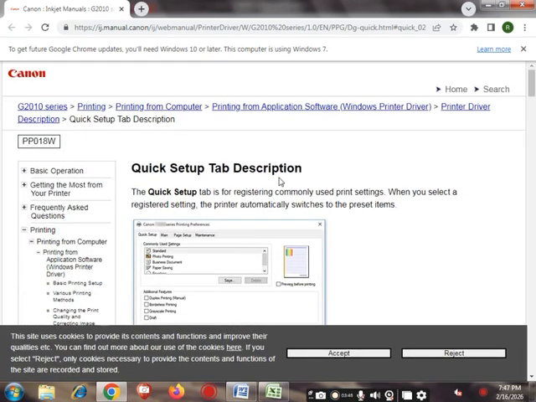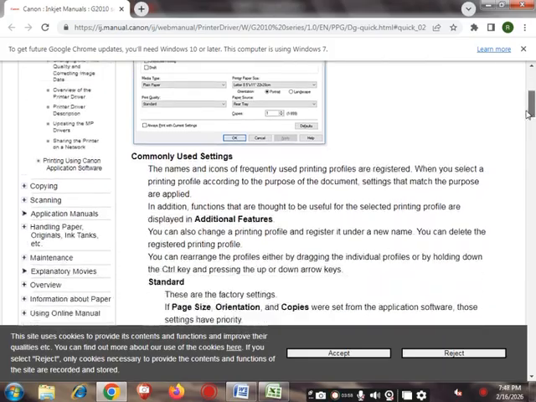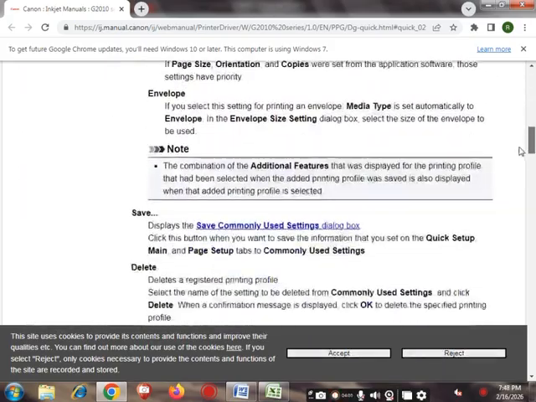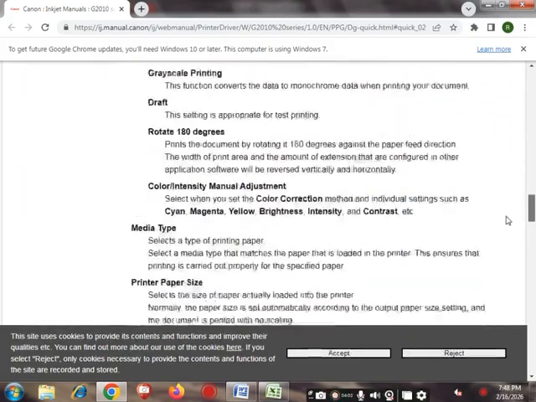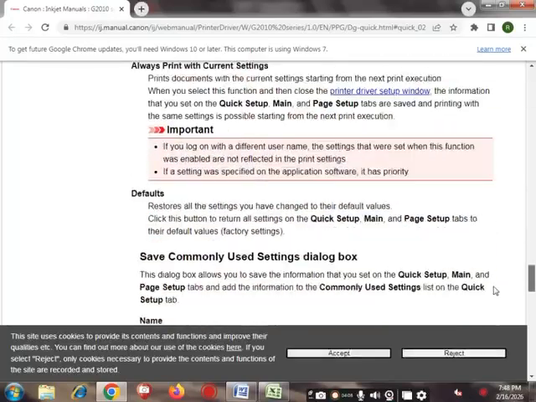This is the quick setup tab description. You can read it and get more knowledge, because knowledge is the power of today's time. By scrolling down, you can get all the information you want according to your requirement.